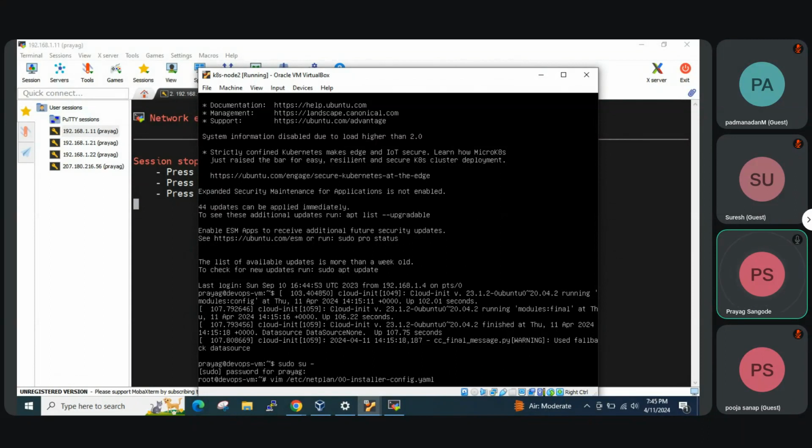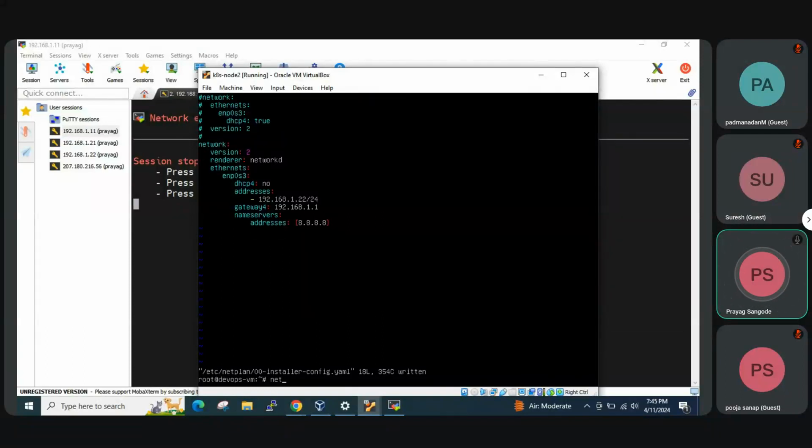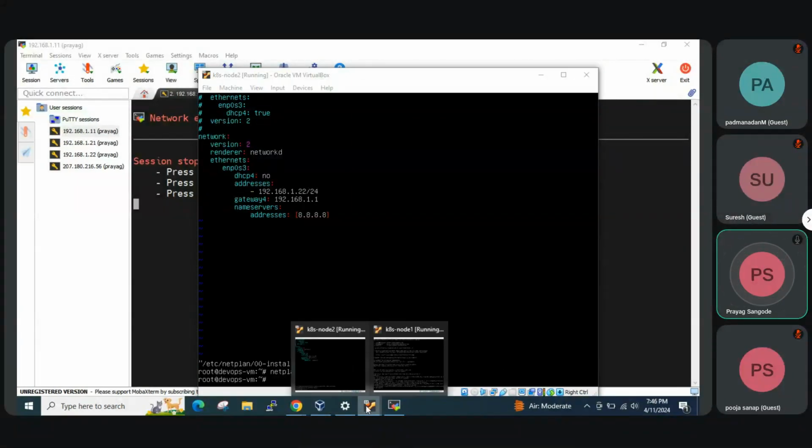This is the file where we have the static IP configuration. For you, in this file, it will be like this in the first few lines. In my case, it is static. I'm just changing it to 21 and 22. So this is node 2, so I'll set it as 22 and I'll do netplan apply. Similarly for the second VM,